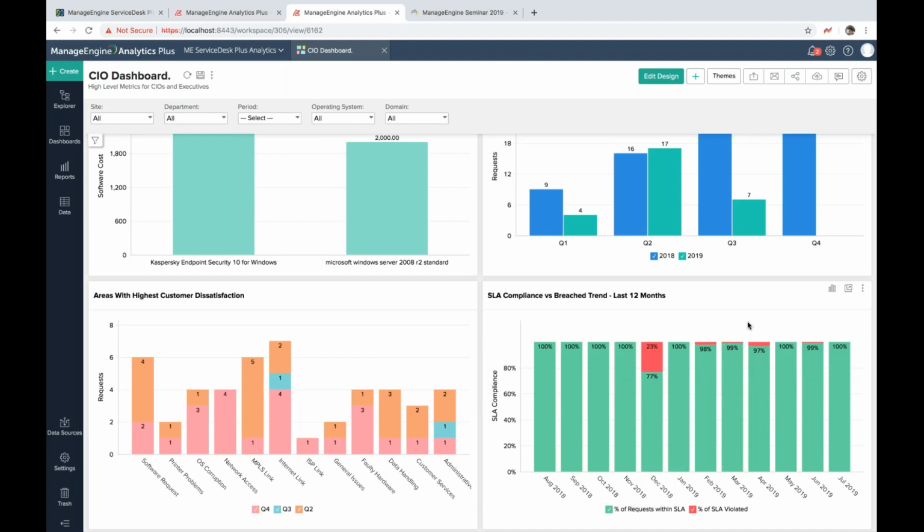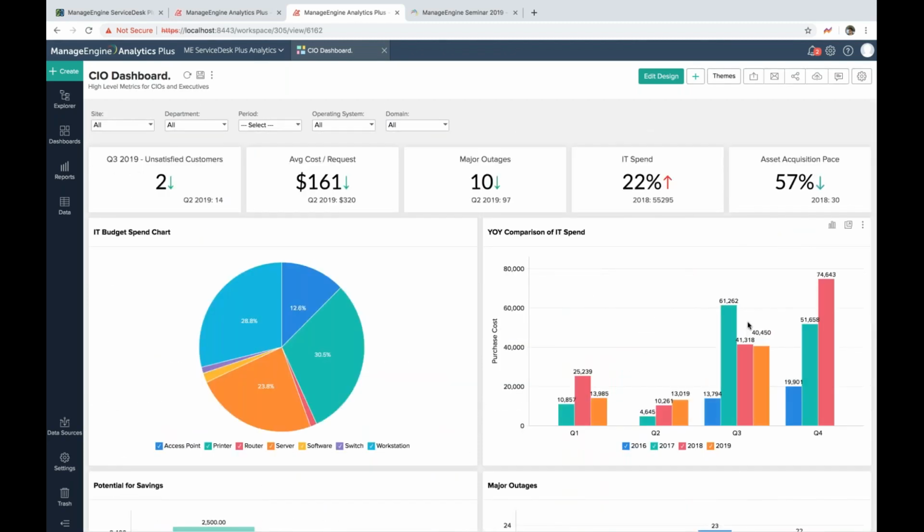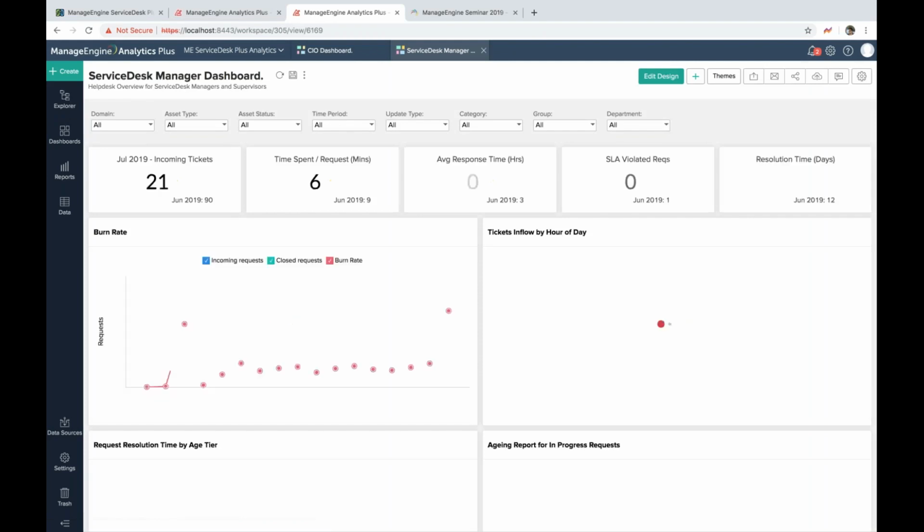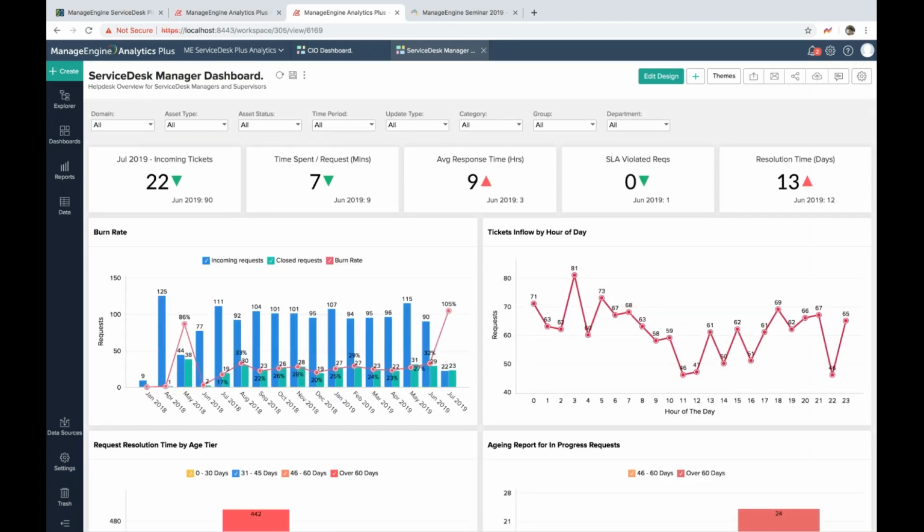So this is beneficial to most organizations, and especially managed service providers or MSPs who have to stringently adhere to the agreed SLA terms. So that is an example of how the CIO dashboard gives a holistic view to CIOs by showing them how the IT budget is being spent, what the different areas for potential cost saving are, and the customer satisfaction and SLA compliance levels. In a similar fashion, the Service Desk Manager dashboard gives a 360-degree view of the help desk